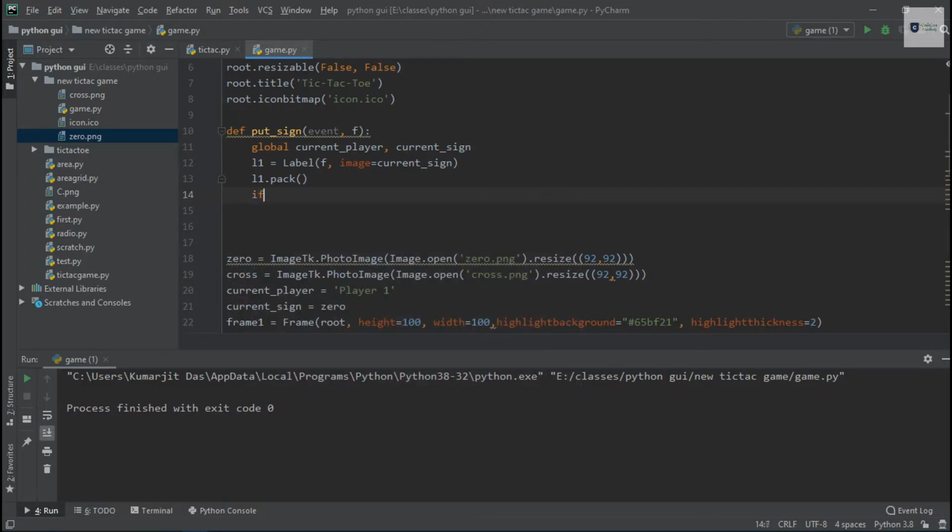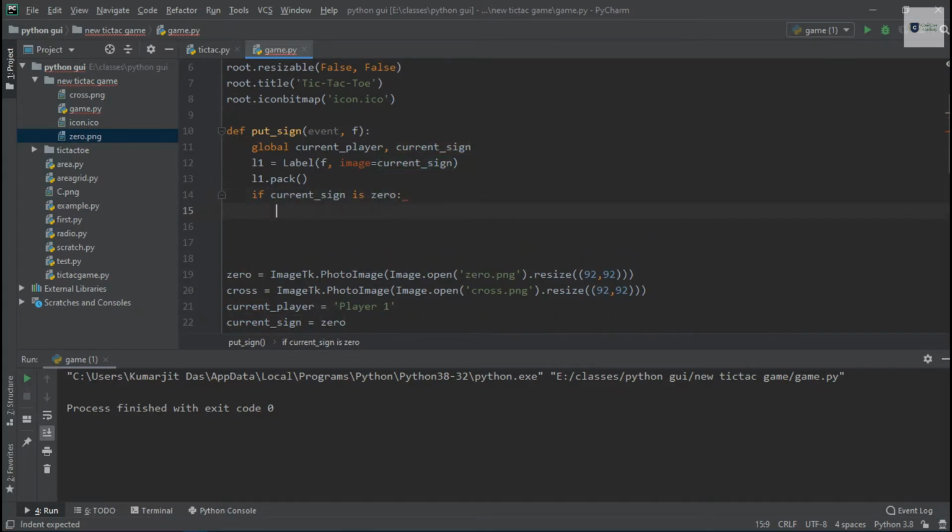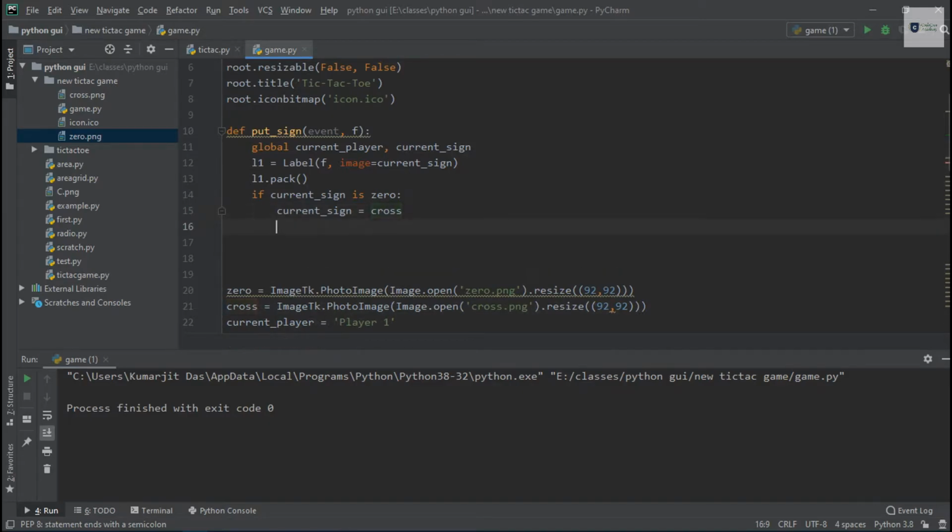So if the current sign is 0, then we'll make the current sign cross. Okay, not semicolon. Okay, and if the current sign is 0, that means the current player is player 1. So we have to change the current player also. Yeah, current player equal to